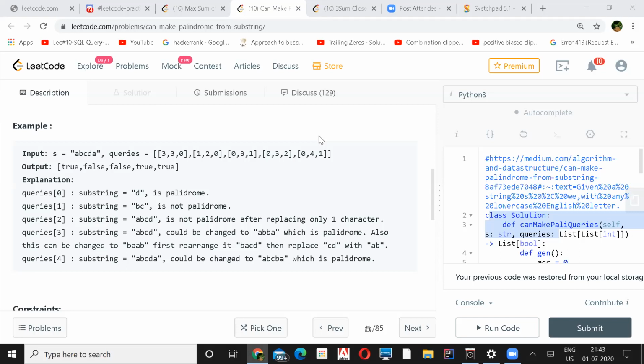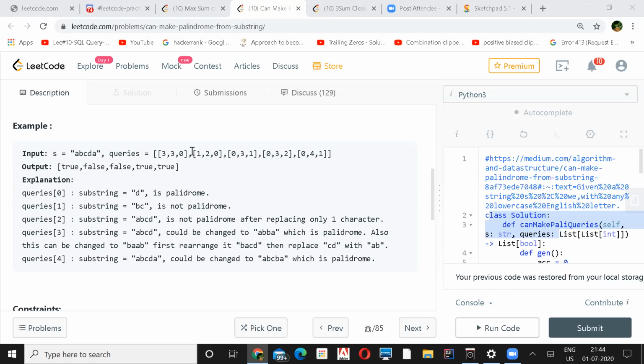Yeah. So, if the odds actually fit with that k value, k divided by 2, right? You'll have to find out whatever the values in the range you get for the odd ones. If you divide them by 2, and if you find that k is greater than or equal to that value, then you are able to convert it into a palindrome, right?